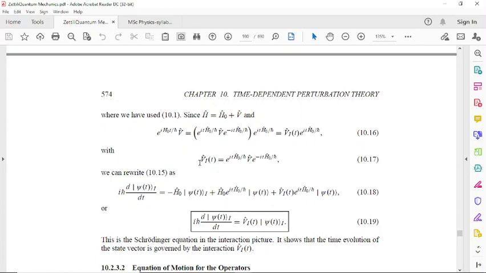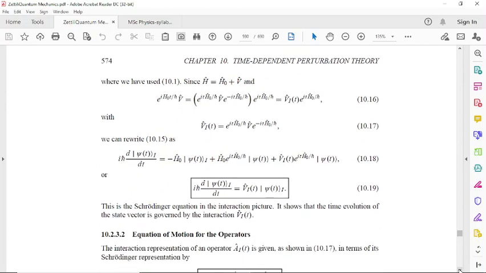This is the potential in the interaction picture, expressed here, and this equation of motion becomes i h cross d by dt ket psi I of t is equal to minus H0 ket psi I of t plus H0 e power i t H0 by h cross ket psi of t plus V_I of t e power i t H0 by h cross ket psi of t,